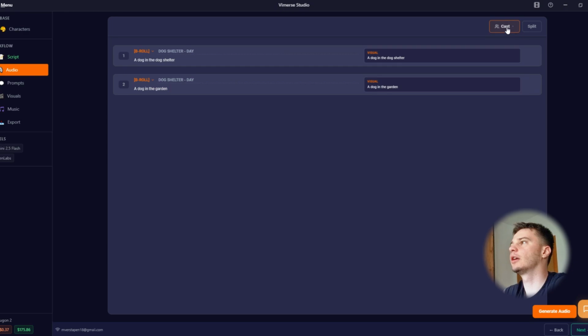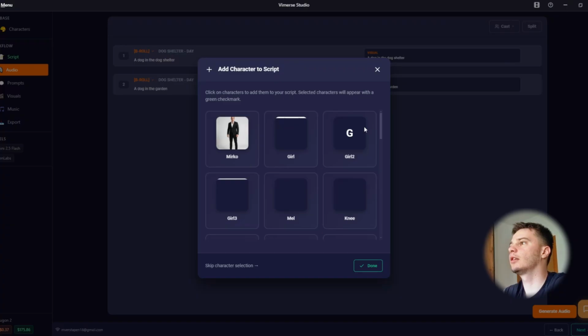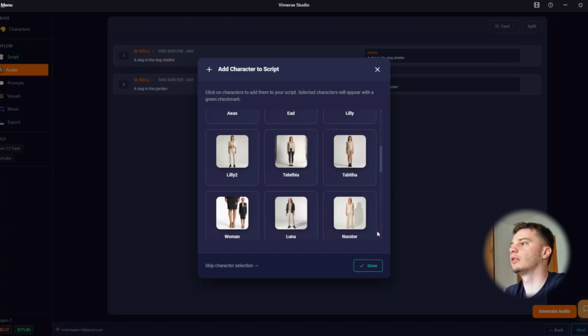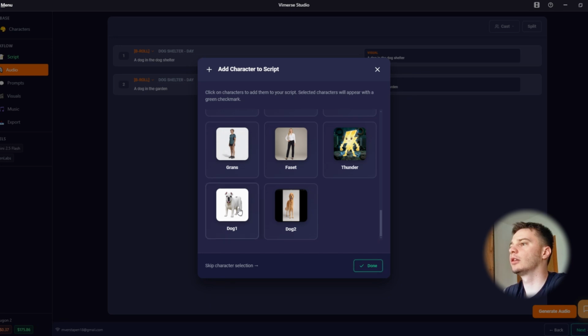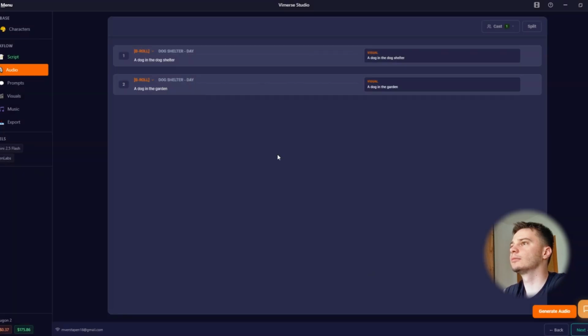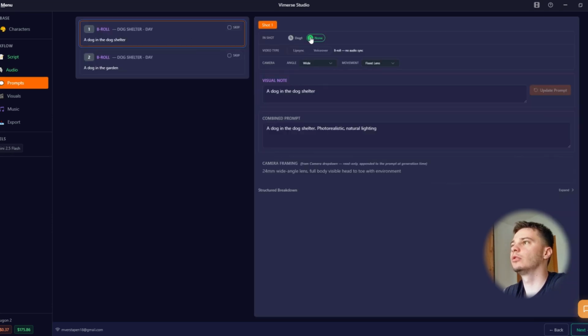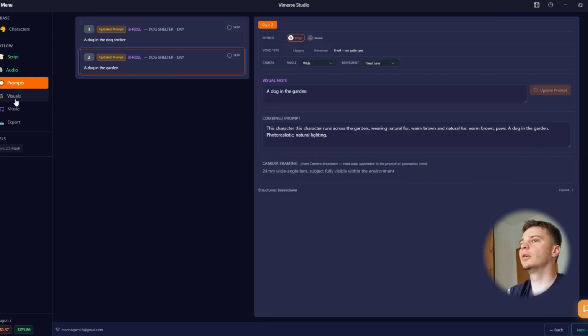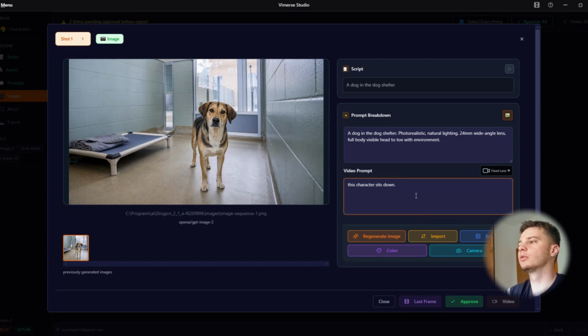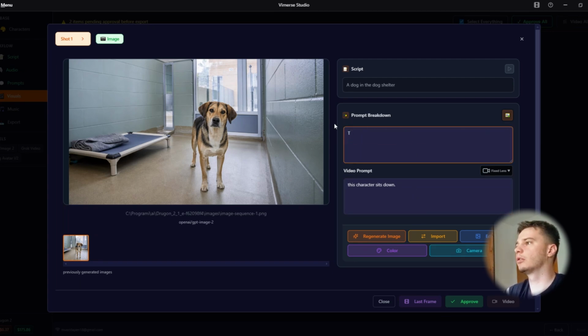So here I can select cast, add character, and scroll down to my dog, and here we go, dog1, and we will put him, we go to prompts and put dog1 here, and also here. Okay, now we go to visuals, okay,